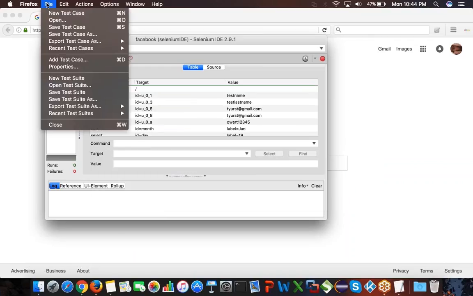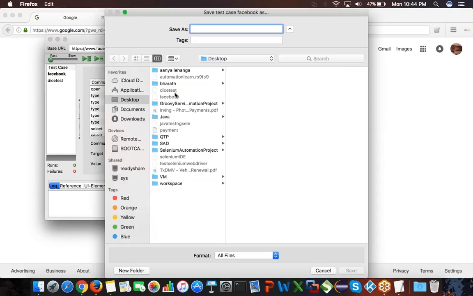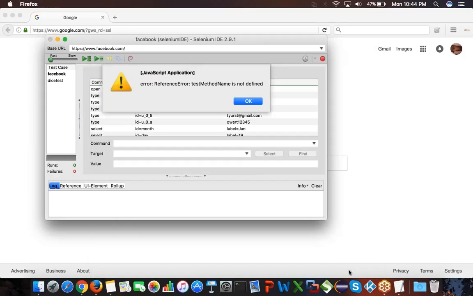And then I say file, export test case as Java testng remote control, and I'll say RC. It is giving some error.